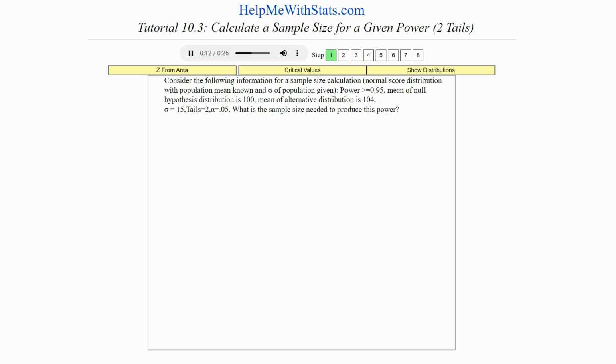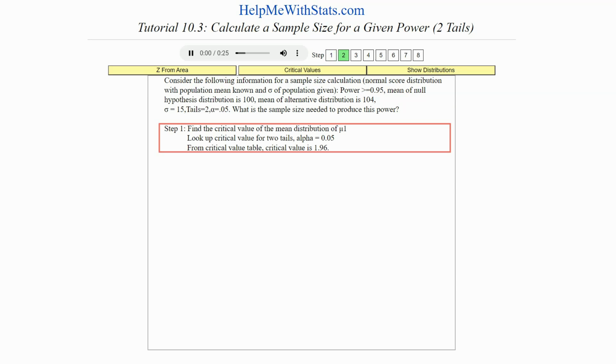We are using a two-tailed hypothesis test with an alpha level of 0.05. If the mean of the alternative distribution is 104, then how many participants do we need for a power of at least 0.95? Since the power of an experiment is the part of the alternative distribution above the critical value